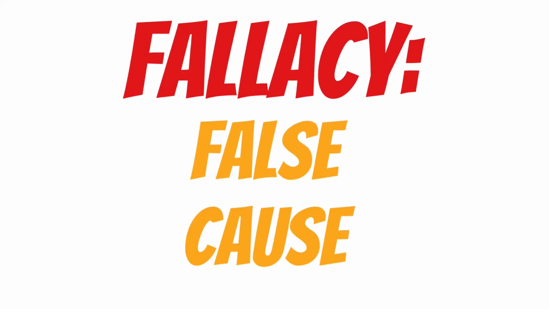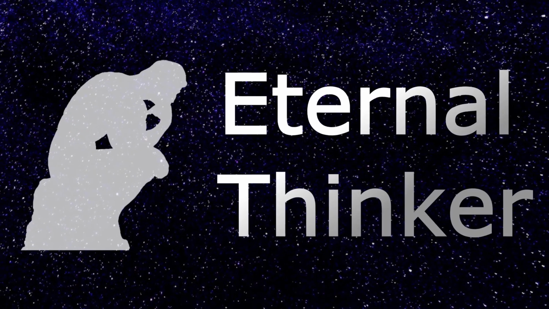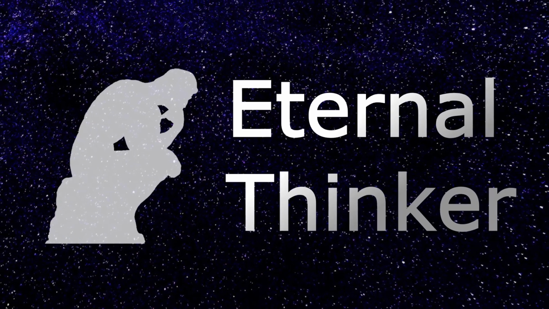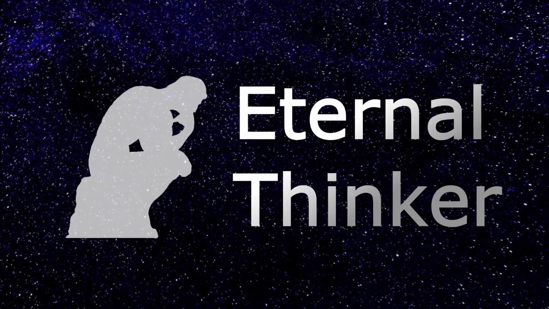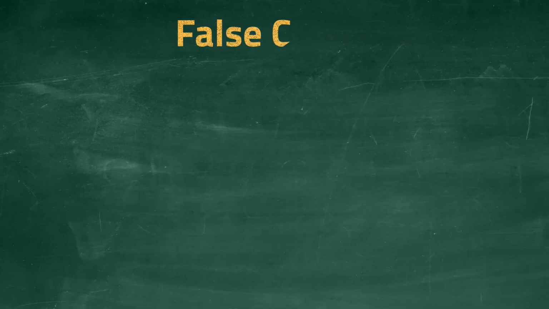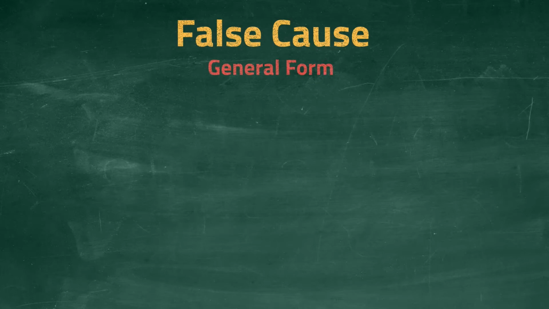In this video, I will explain a logical fallacy called the false cause. I'll begin with a general explanation and follow with some examples. The false cause is a type of logical fallacy that occurs when you assume that two events are causally related,